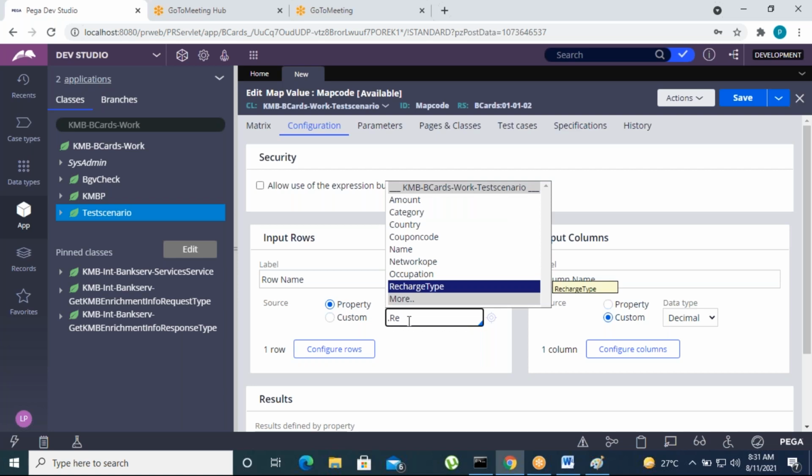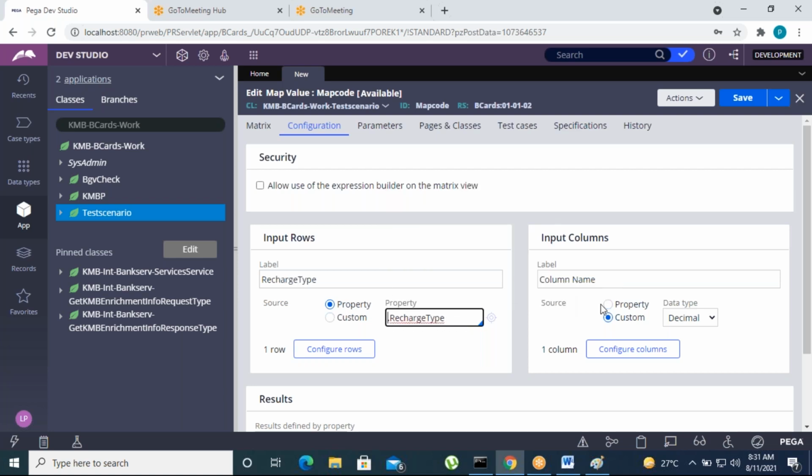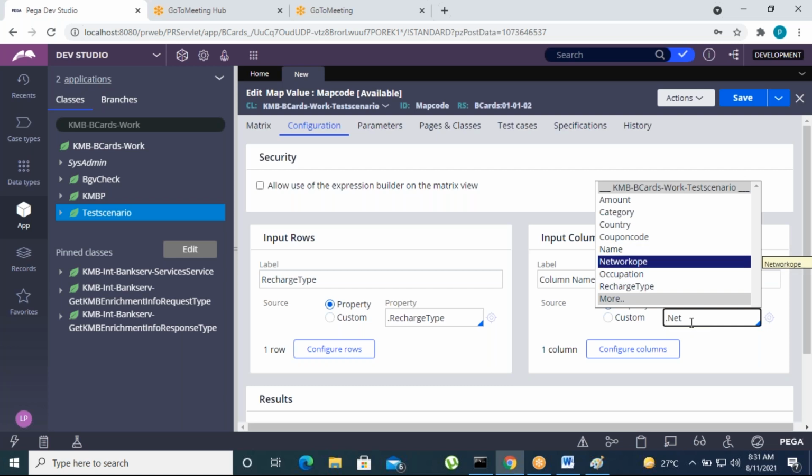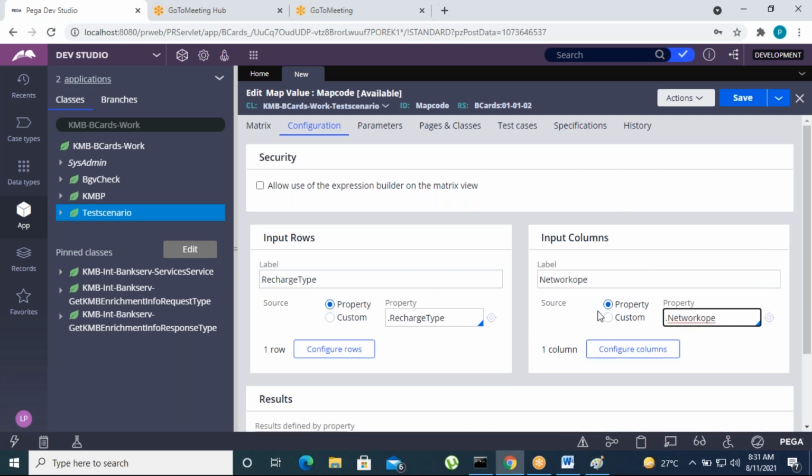We can go for recharge type as rows. Then network operator is the column. Okay, suppose if you recharge an Airtel prepaid, there is an offer, some 50 rupees offer, something like that, and for prepaid or postpaid the customer will get some offer. Okay, so that is what this is about. The coupon code is not involved. These two inputs are converted into one output value. Okay, that is what the map value is about.